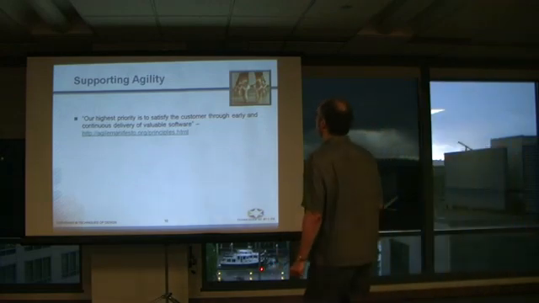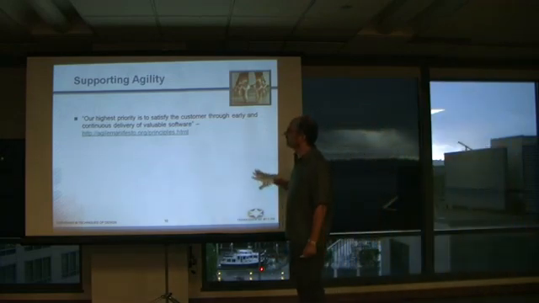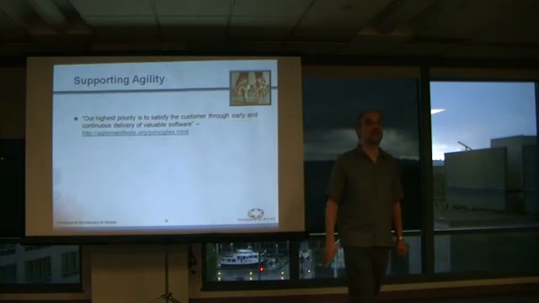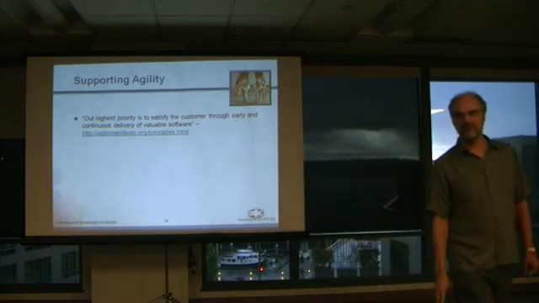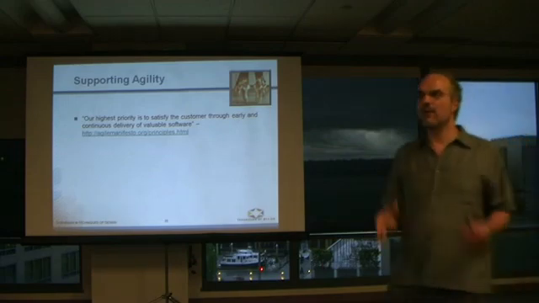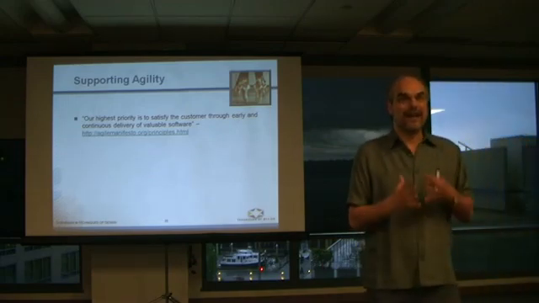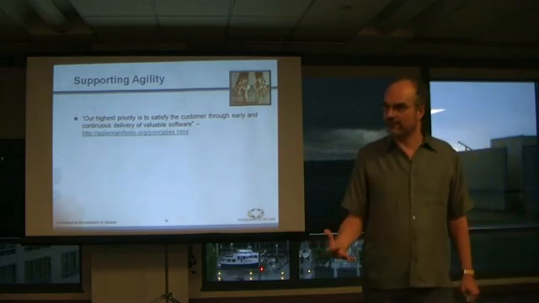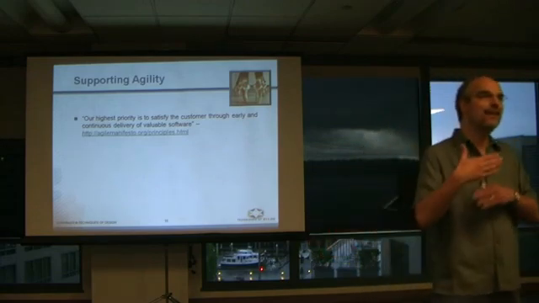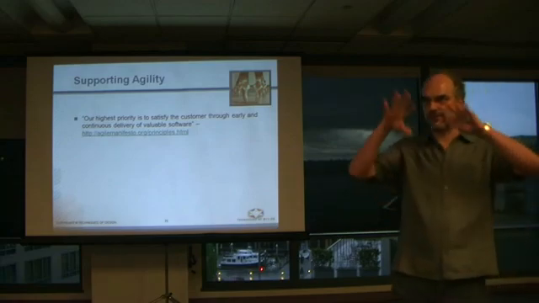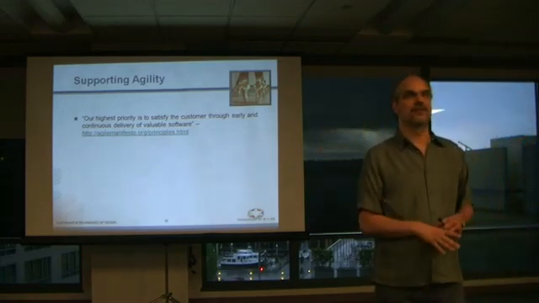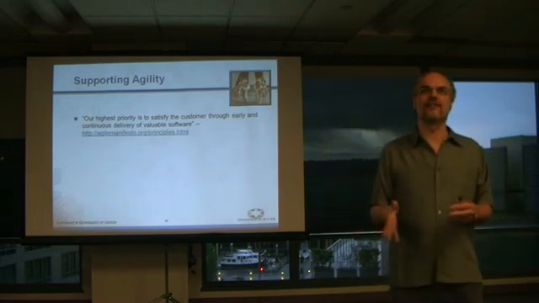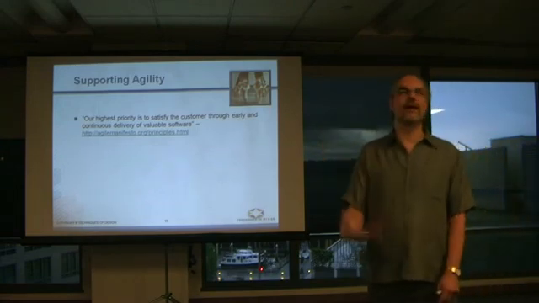So this is from the Agile Manifesto: our highest priority is to satisfy customers through early and continuous delivery of valuable software. The notion is that what we're actually delivering is value to the customer. Somebody's going to be using our software and deriving value from it. So anything that gets in the way of that, all sorts of fancy charts and graphs and TPS reports and all those other kinds of things, is getting in the way of building software.